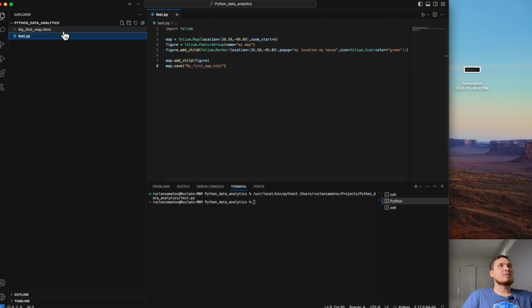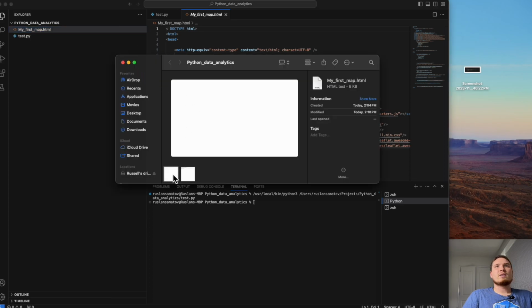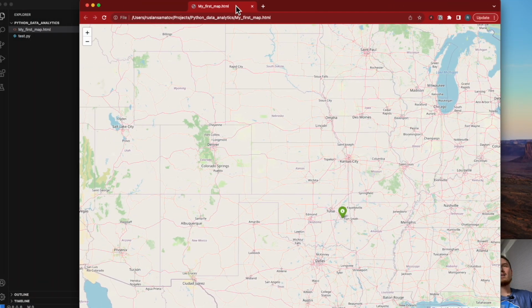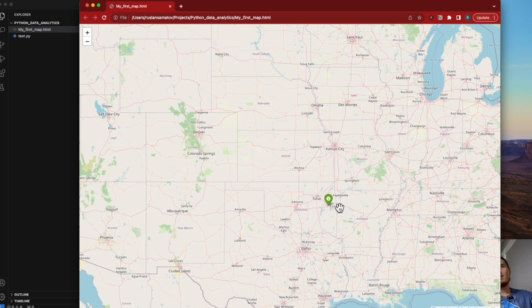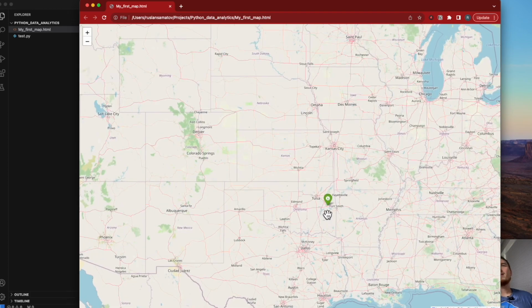No errors. Let me open the file and run it. Here we go. My map has been created with a green dot, and as you can see my location, my house, in the pop-up has appeared here, which is good. Everything works fine.